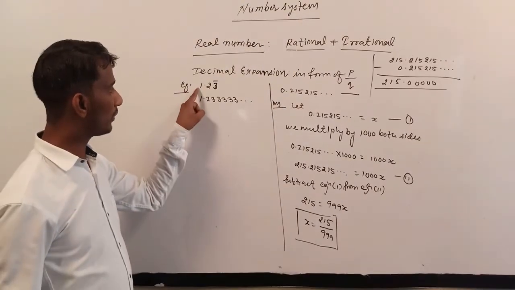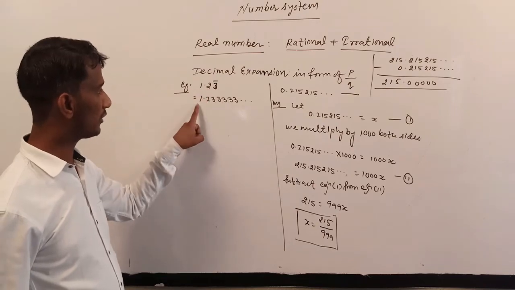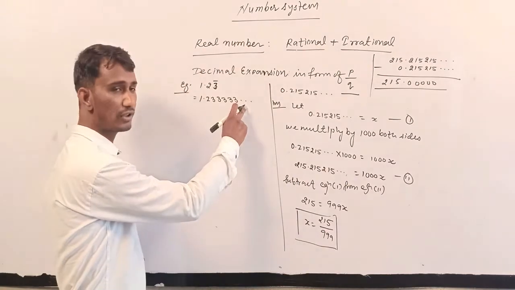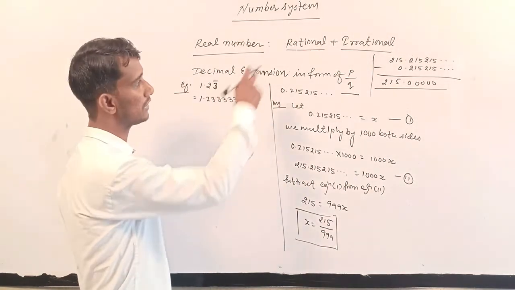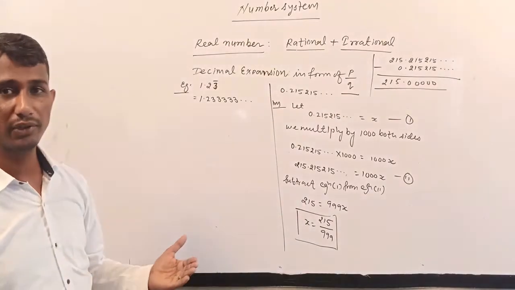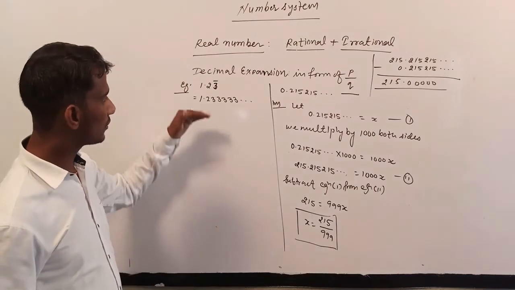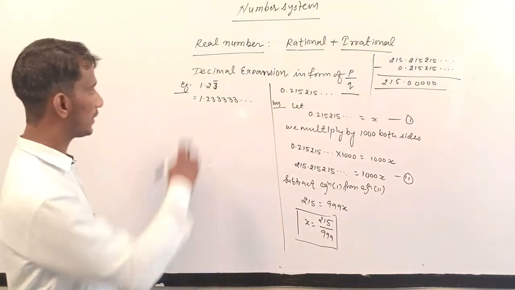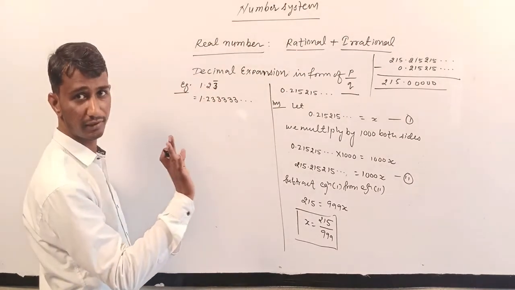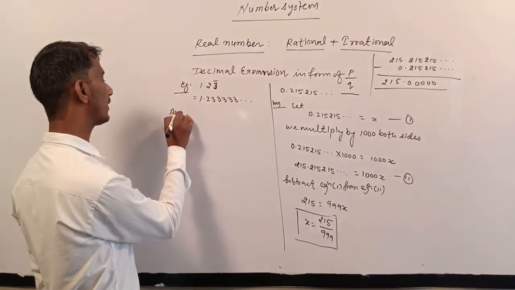This is the meaning. What is the meaning of 1.23 bar? The meaning of 1.23 bar is 1.23333, which means division is not completed and digits are repeating. This type of decimal expression is non-terminating repeating. Understand? Similarly you can solve this. First you write it, converting the bar form into decimal form. Understand? You can convert properly in this way, and after that start your answer.